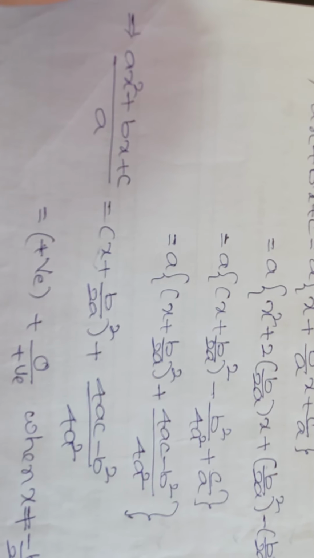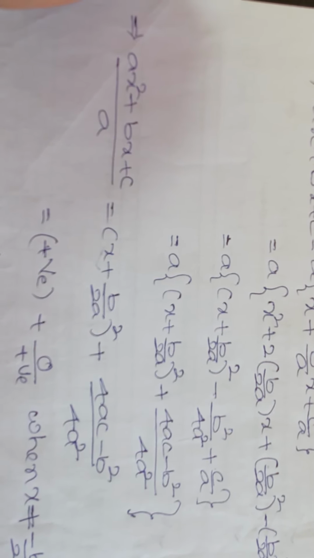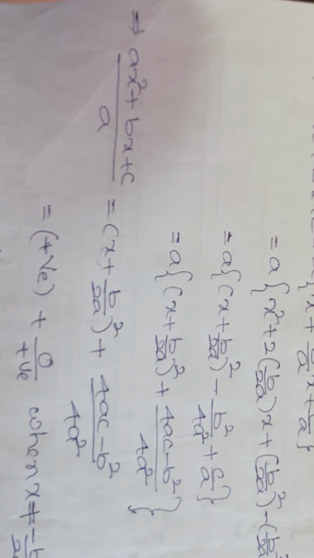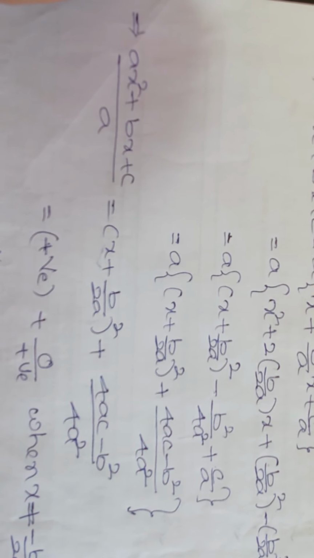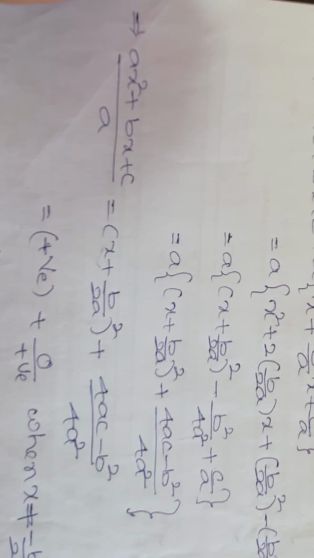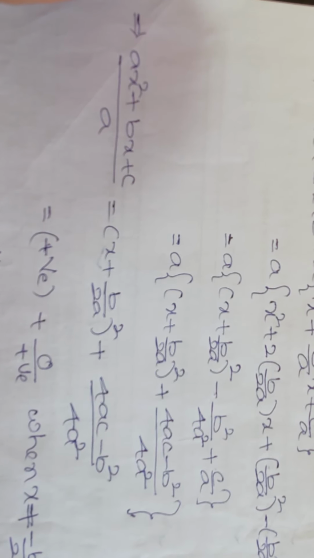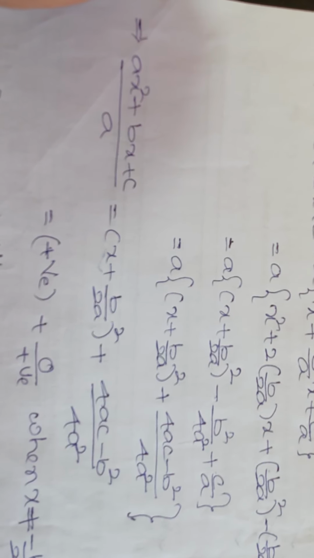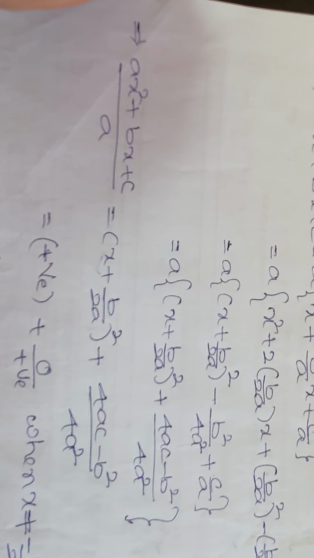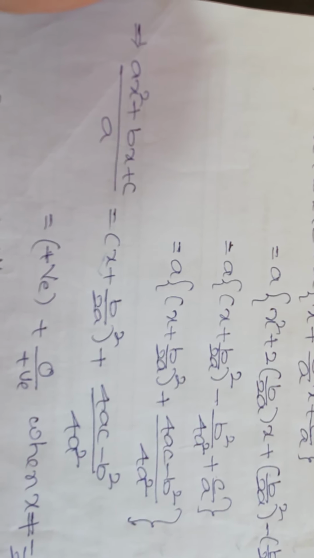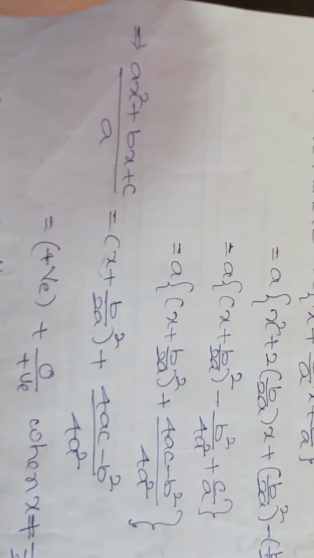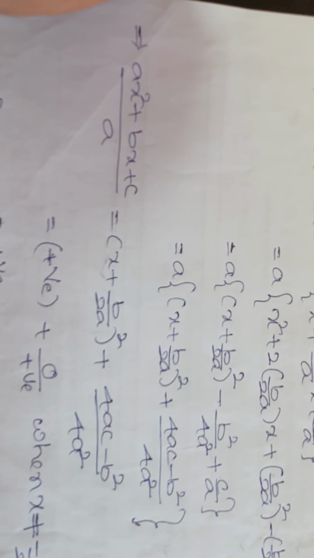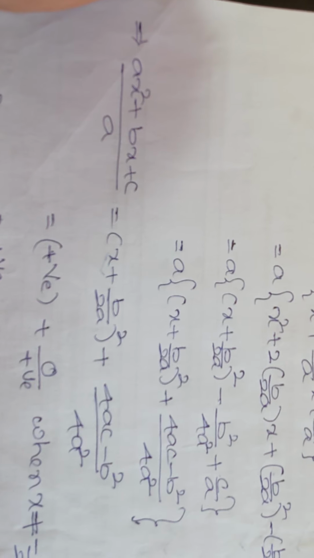Already we discussed (x + b/2a)² in the last theorem. What we told in the last theorem, (x + b/2a)² is non-negative. Why do we write positive here? In the last theorem, x is any real number. If x is any real number, then x may be equal to −b/2a also. If x equals −b/2a, then the total term with a square becomes 0. Did you understand? If x equals −b/2a, then (x + b/2a)² equals 0. The next part is positive.